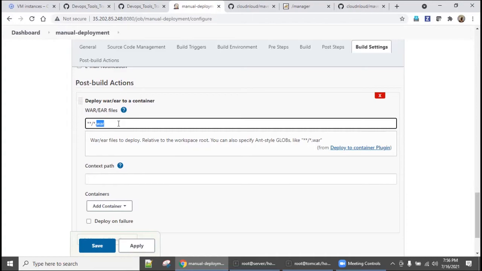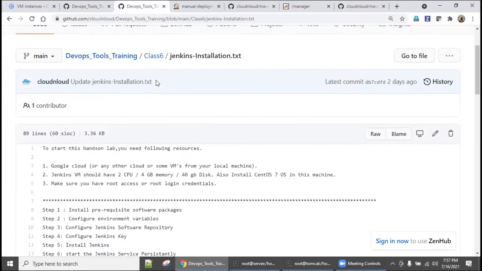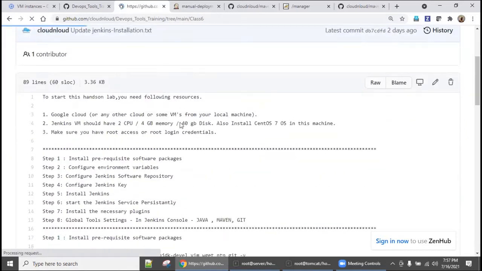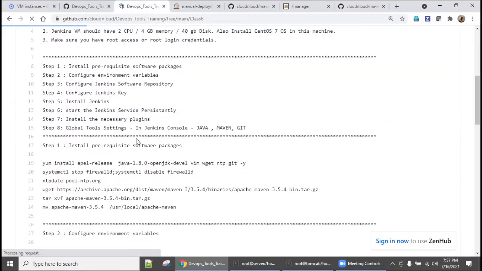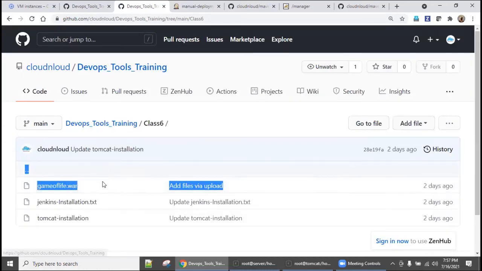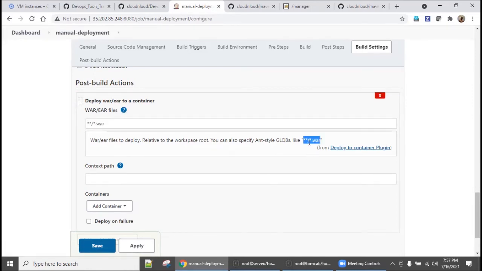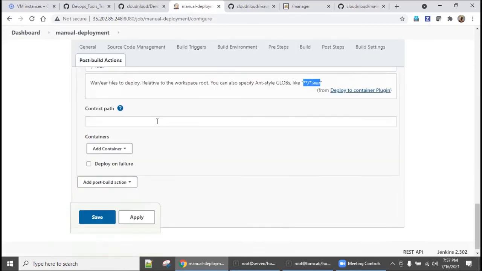I need only, say for example, you go here in this itself. Say for example, I have three files, but I don't want three files. I want only this file alone, because this file only I need to deploy, right? So in this case, you need to minimize the search functionalities to save a lot of time and improve performance. So this syntax, you no need to worry. Click the help button and you will get these options. Simply copy paste, right?